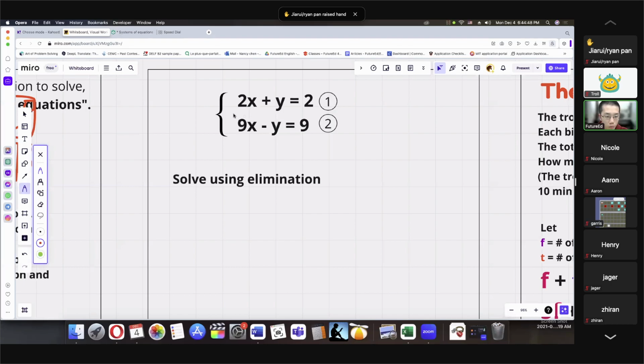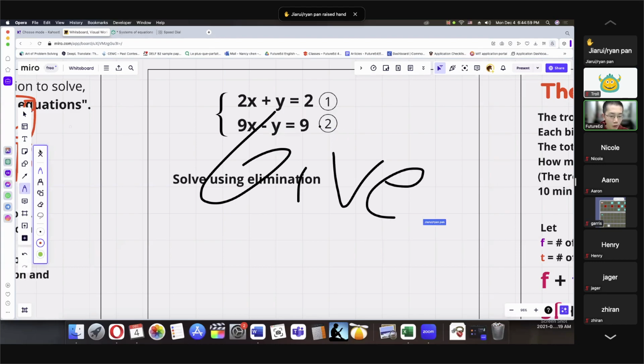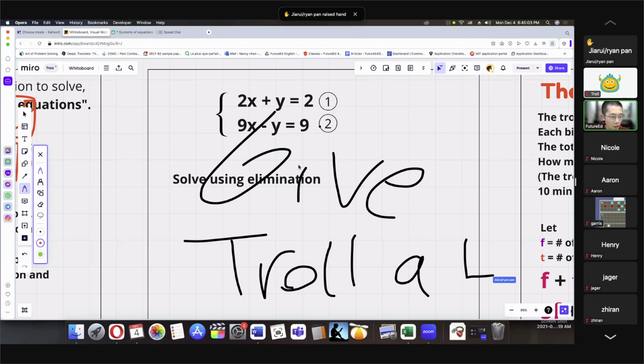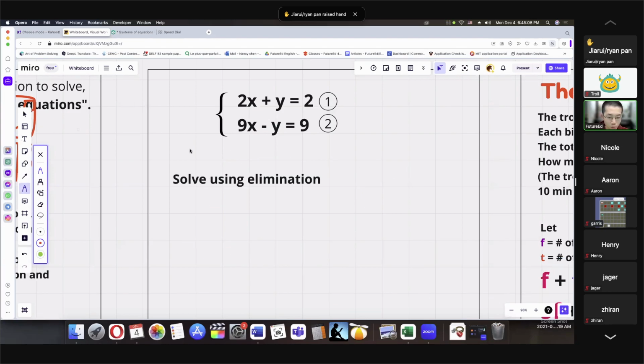Henry, would you like to try this question? Why don't you give Troll a try? Pardon? Why don't I give Troll a try? Well, Troll has another function. It's 6:45. Troll's gonna eat me later if I fail the same question we had last week. So I just got to make sure I do this within time. Okay. So,